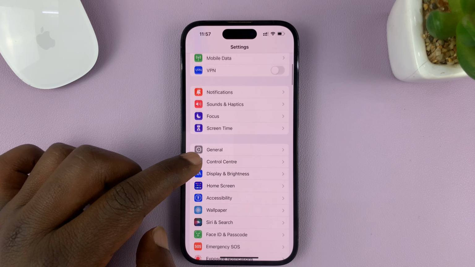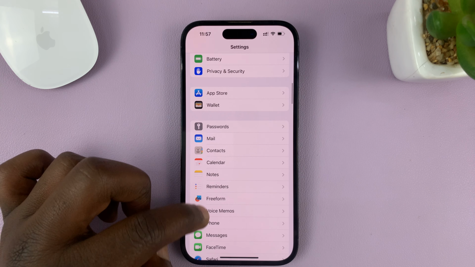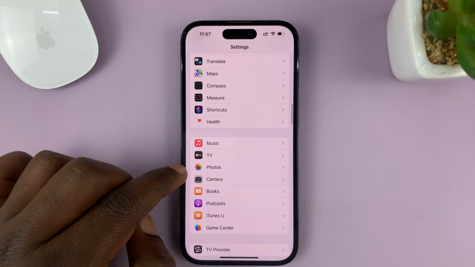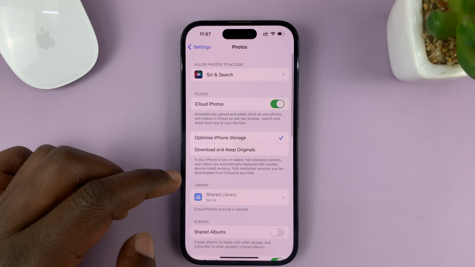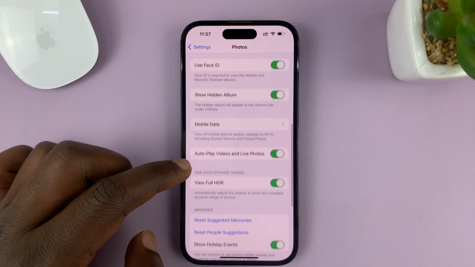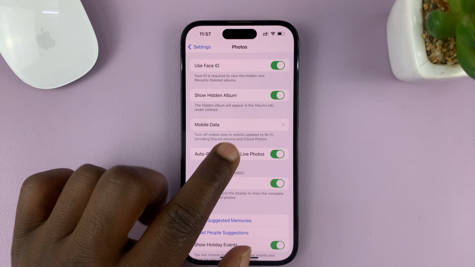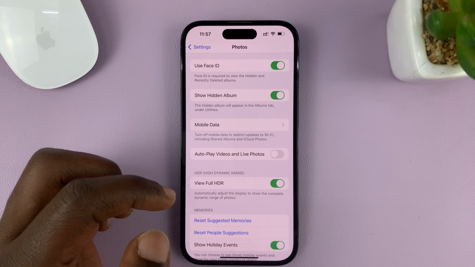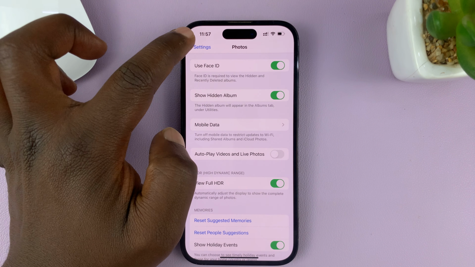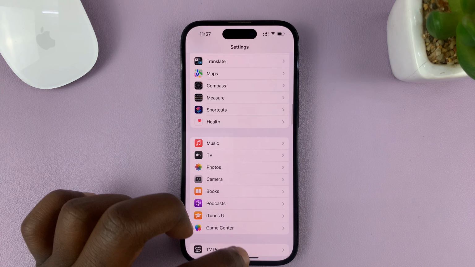On the main settings page, scroll down to Photos, tap on that, and then under Photos, scroll down and find this autoplay videos and live photos and turn that option off. Now with that option disabled, you can now hit the back button all the way to the home